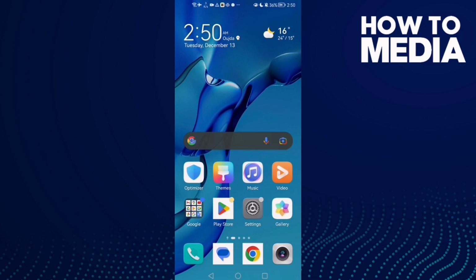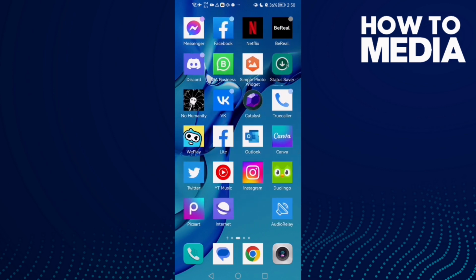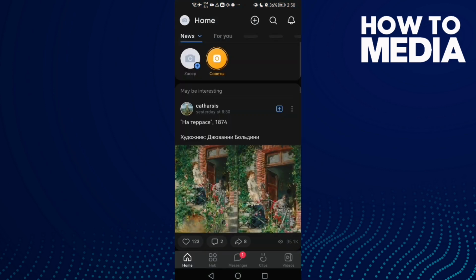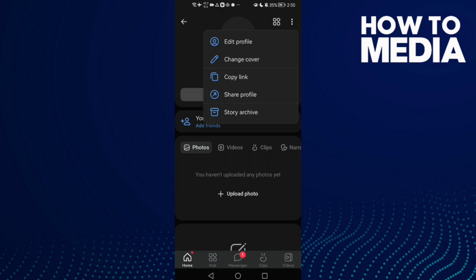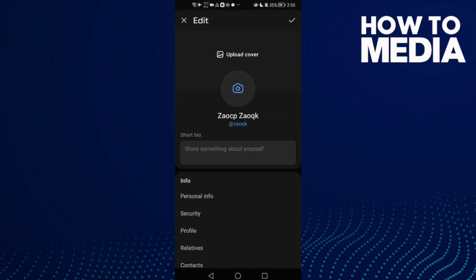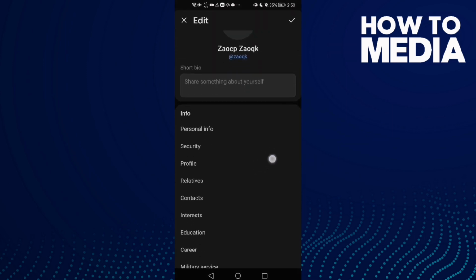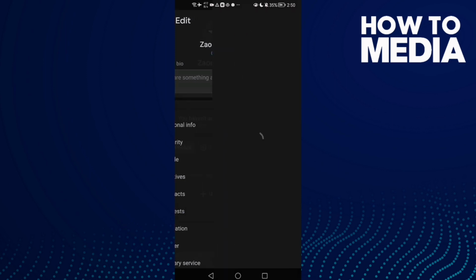How to add your activities to your profile on VK on Android or iOS phone. First open VK and then click on your profile here. After that click these 3 points, click edit profile. Now scroll down until you find interests,